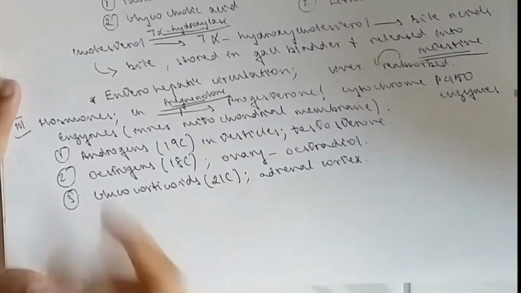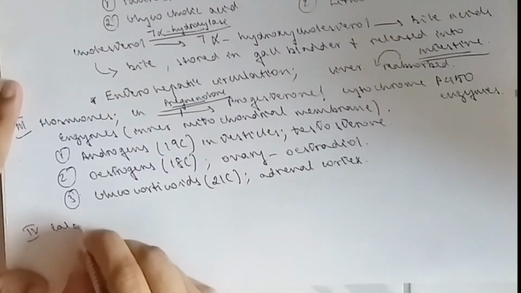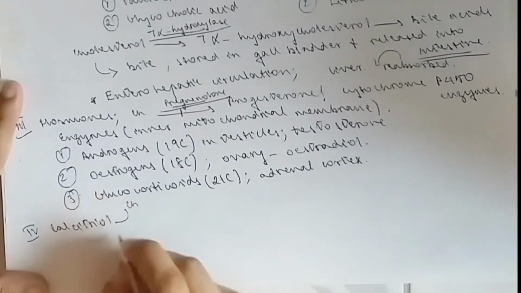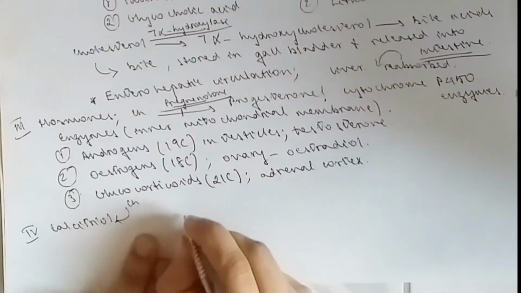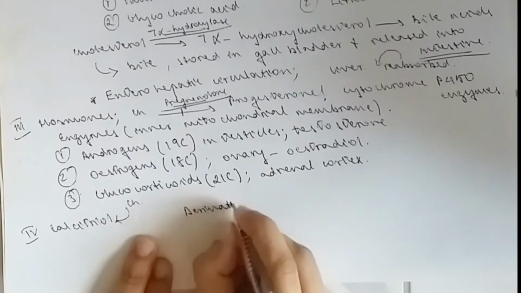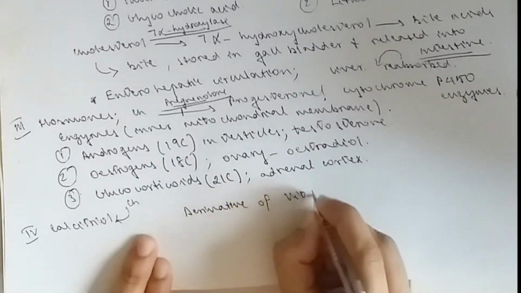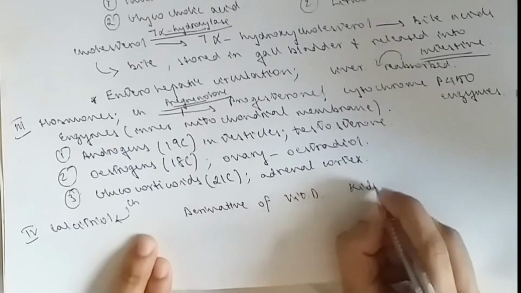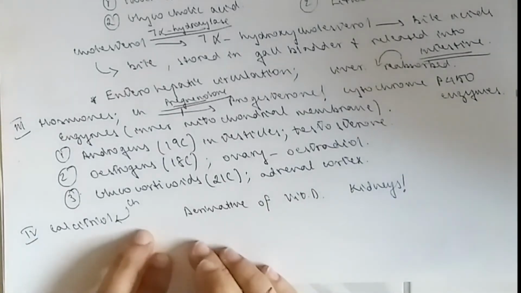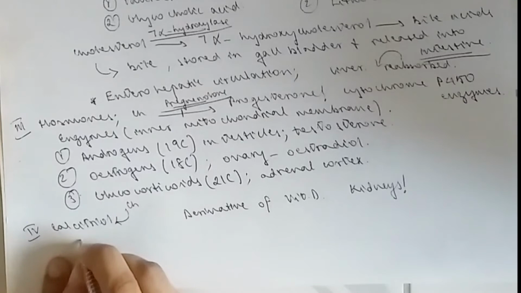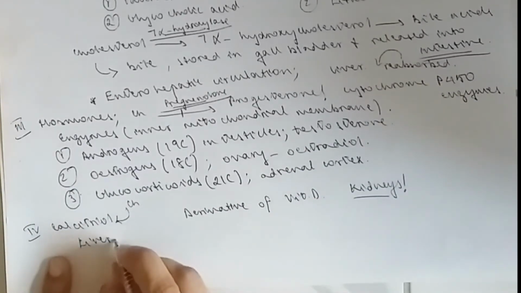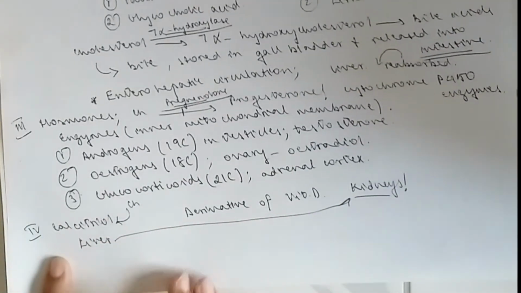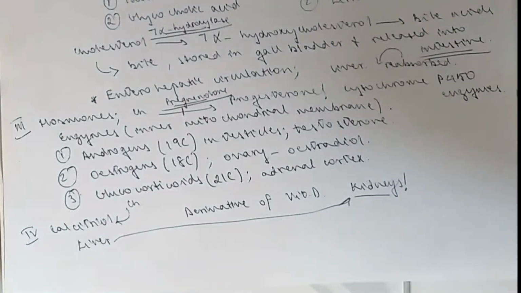Moving on to the last part of this video, we'll speak about the conversion of cholesterol to calcitriol, which is a derivative of vitamin D. It is synthesized in the kidneys, but not throughout the synthesis, basically. It starts in the skin and then goes to the liver and then finally to the kidneys. Calcitriol promotes the resorption of calcium in the intestine, so it increases the calcium concentration in the blood. It is carried by transcalciferin,